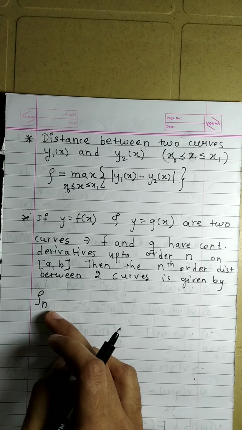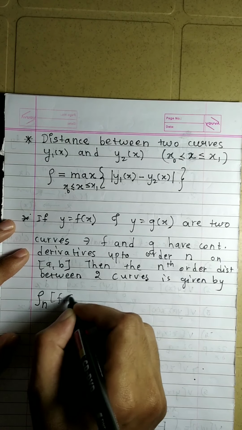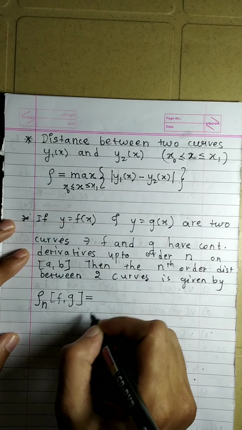So this will be given by rho n of f, g, the distance, and it will be